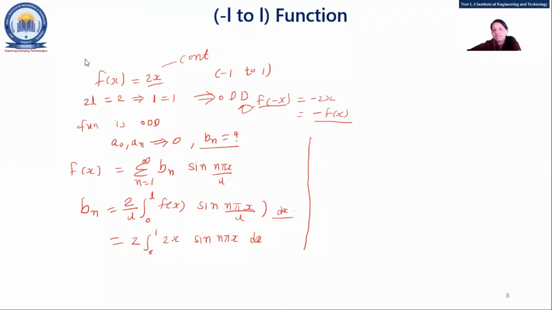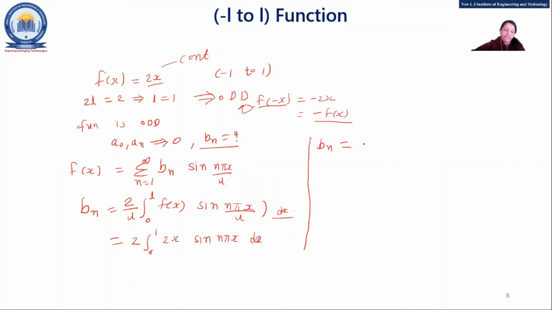Okay, fine. See, if it is required to elaborate the whole sum, just let me know, because it is same as the previous. Previously, it was x into sine n pi x, right? Here it's 2x into sine n pi x. So I'll not go into detail, because in the last lecture also we have seen this type of sum, n pi x by something. The aim is to cover more examples in a lecture, because these are lengthy examples. So I'm skipping this step because now you have the habit of doing this.